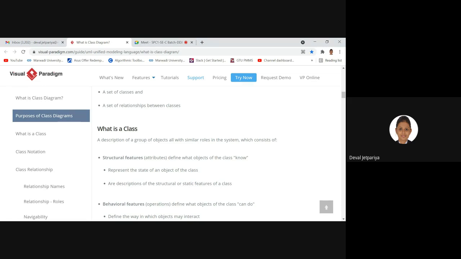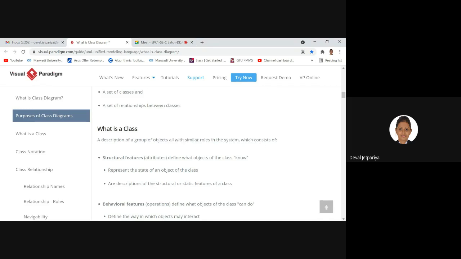Teacher can be one class, right? Admin can be one class, because users will have a similar structure. For example, student can be one class. So students are of a similar type of structure. So what type of attributes can we mention? Enrollment number, GR number, roll number, name, email ID. Those are the attributes. And what type of activities are we able to perform? Add user, delete user, update, modify, change the name, right? So these can be the activities, right?